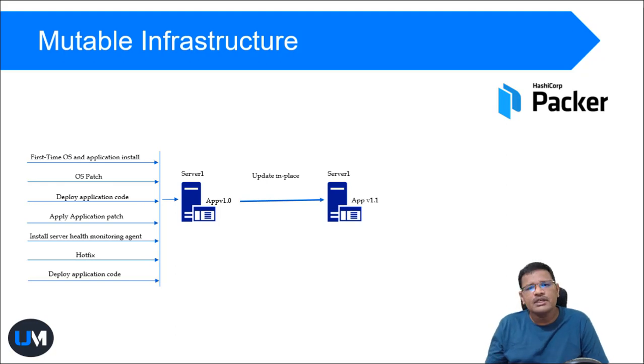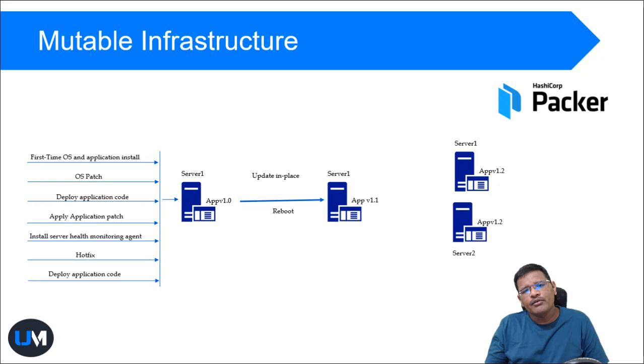For doing this mutable infrastructure, the process we normally follow is to take a snapshot of the complete server, then install the application. If that works perfectly fine, we keep that version and remove the snapshot. If that doesn't work, then we restore from the snapshot. This process works perfectly for a single server or two or more servers. But in this process, we have to take reboot and shutdown downtime to upgrade from the older version to the higher version.